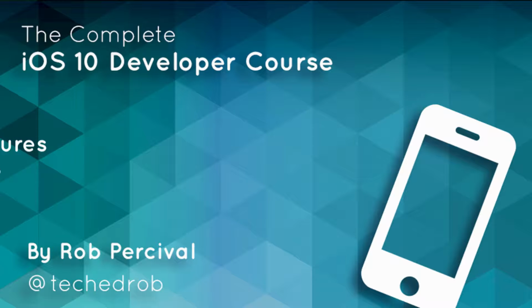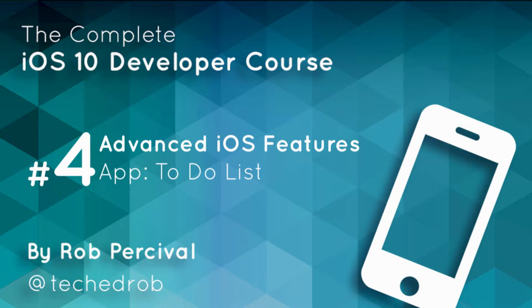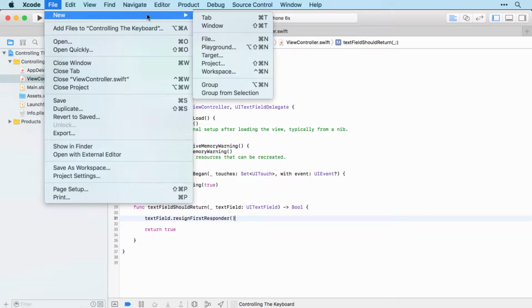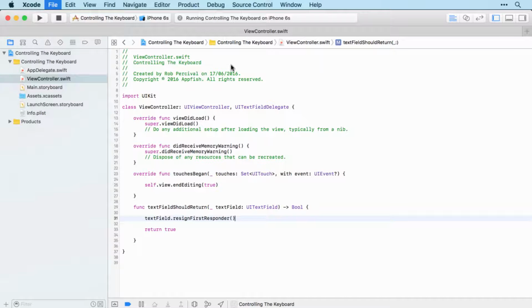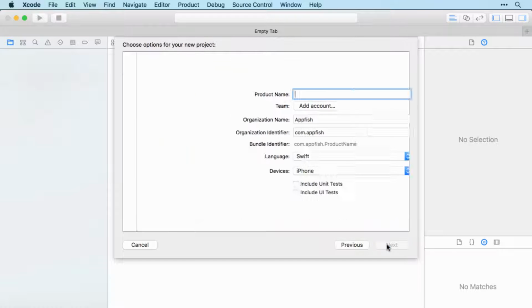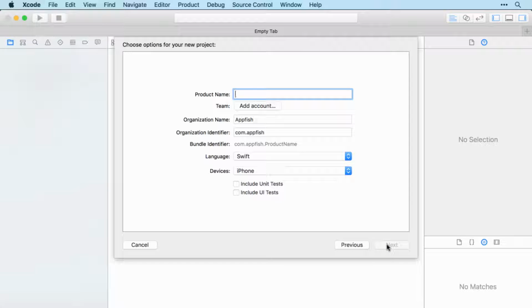All right, so we're finally ready to make our to-do list app. Before we start, I'm just going to show you a slightly new method I'm going to use to create the app. In fact, we're going to use the tabbed application template rather than the single view application, just to get a bit of variety in the templates that we use. So let's just quickly see that in action, and then I'll show you the app that we're going to create and give you a chance